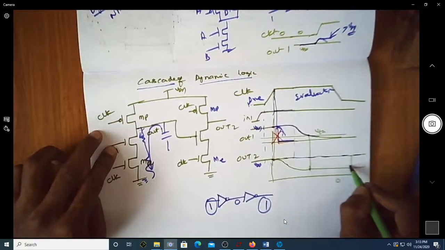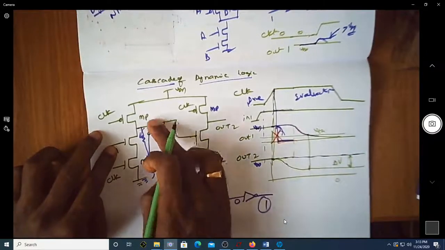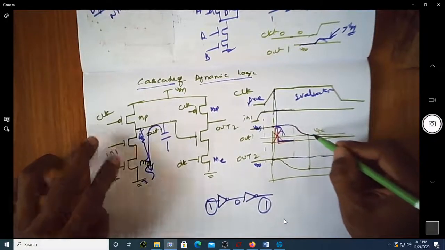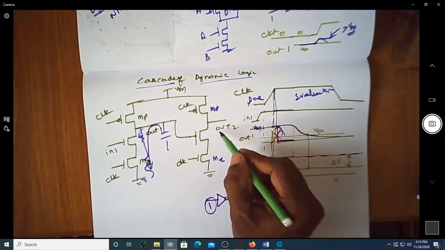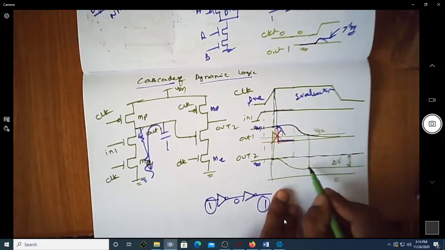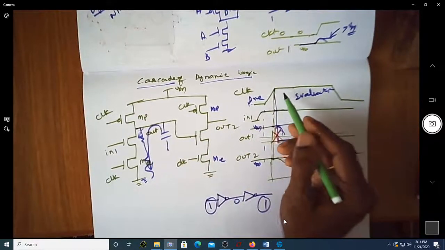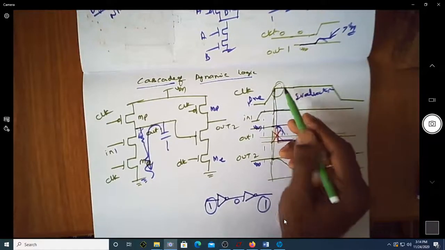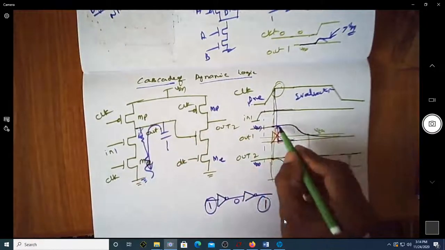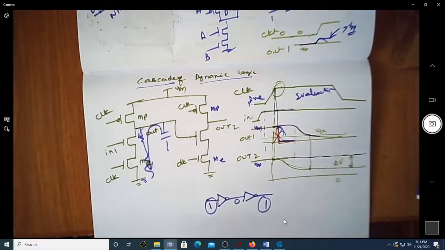So you can see you have actually lost this much voltage because this is taking some time to become 0. Till that point this transistor is on, which is making these two. We were supposed to get here, but it is reduced to this voltage. So we have to always ensure that as soon as the evaluation mode comes, this should discharge quickly, meaning that the resistance offered by these two should be small enough so that it comes down quickly. Once it comes down quickly, this won't lose the voltage.